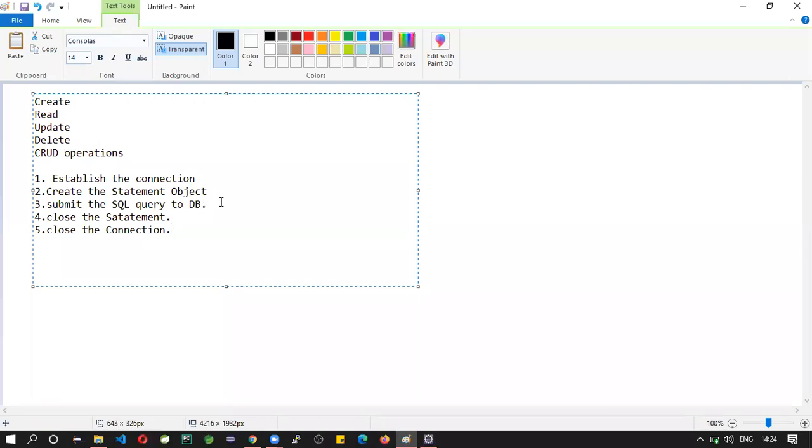See here, in step 3 we may perform all these CRUD operations. These are basic things. First, in order to communicate with the database, you must establish the connection. In order to execute a statement, you need to create the statement object, then you can perform all the CRUD operations. After completion of query execution, you can close the statement and close the connection, because we don't need the connection after the requirement. So let us see.